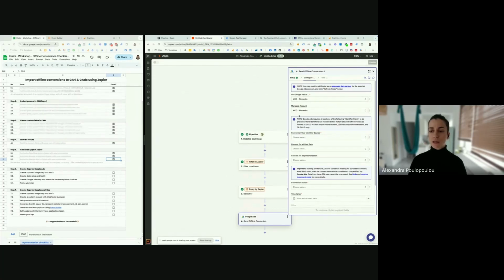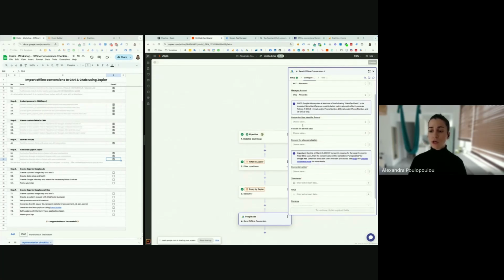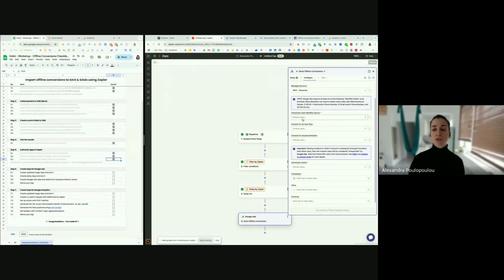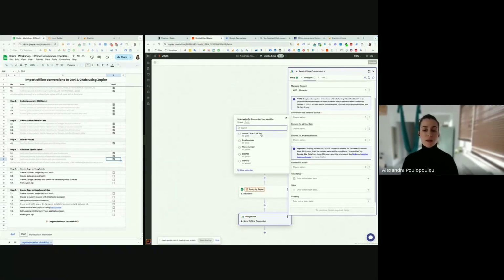So you select the account and the managed account, and we need to select the identifier source. So for us, it will be Google Click ID, but with enhanced conversions and all the new features, you can use either email addresses or phone numbers, or if you have great values available for iOS and Mac devices, you can also use this kind of information.